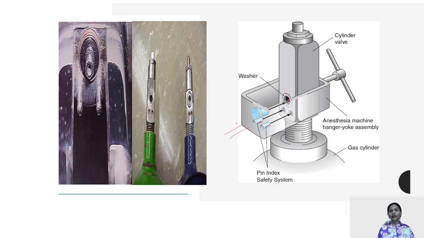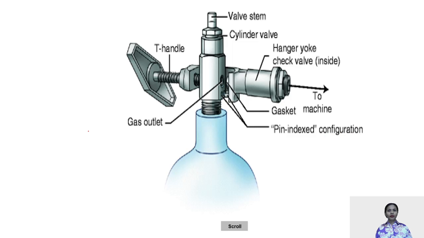This is the anesthesia machine part which is going to get attached to your valve. This is the retaining screw. There is a conical depression on the back of it, and below this you have a pressure relief valve. This is your cylinder, these are your machine. Again the same, the retaining screw, the conical depression, the valve and the stem, the hanger. I hope the hanger yoke assembly is understandable to all of you and you're well oriented to this now.